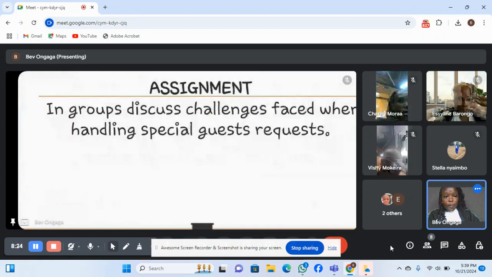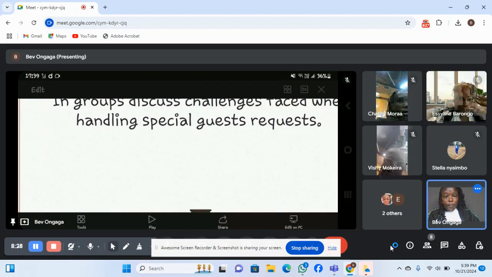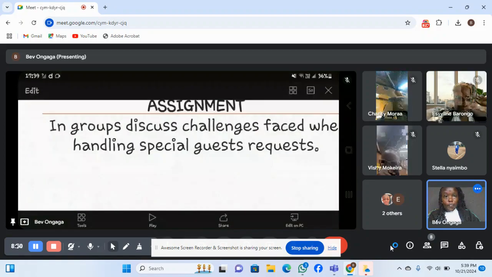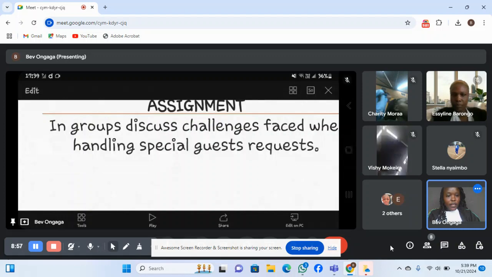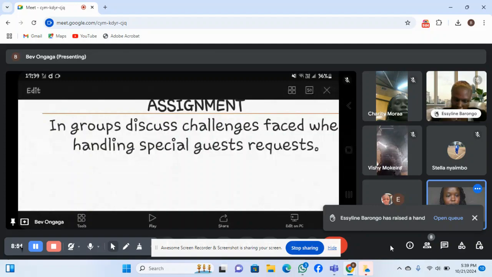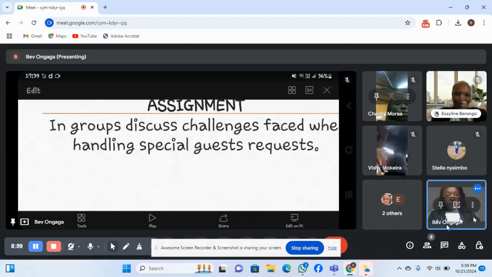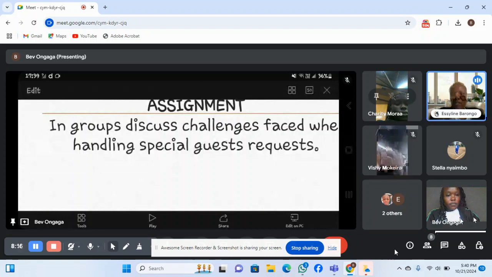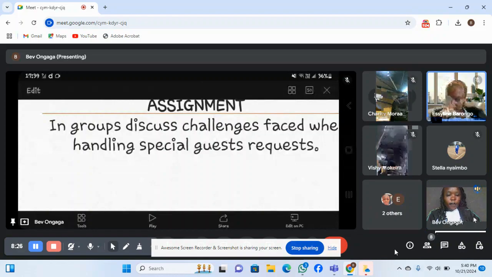In task assignment, when you are handling this, you not only need to work with one department, sometimes it calls us to work with different departments. So you have to explain to them clearly what the guest wants and ensure that it is doable. Then you plan for it. After that, the fourth point is completion of request. You execute the request. If it's the room that the guest had requested to be decorated in a certain way, you do it to the expectations. Then the guests come, they experience the service.